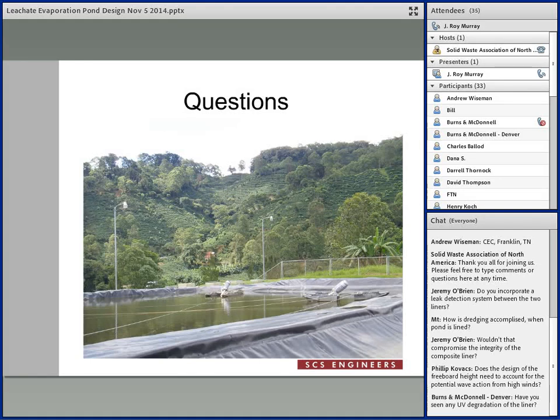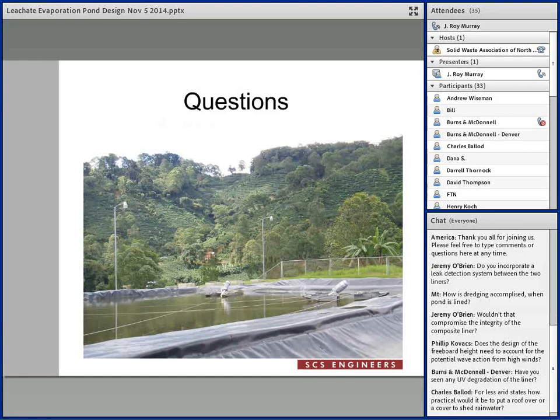Okay. Have I ever seen any UV degradation of the liner? No, we haven't noticed any of it yet. Like I said, the pond has been out there for 10 years, and we've had really no issues. The liner, other than being dirty, looks just as strong as it did when it went in. And I also know other facilities where they've been using 60 mil HDPE as rundown channels off the top of the landfill, and those have shown no signs of degradation that I've seen.